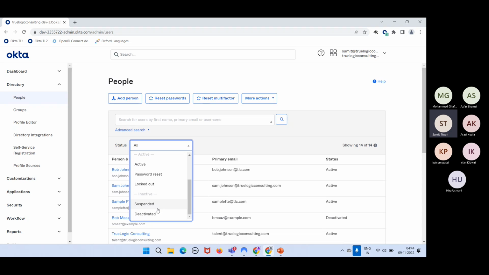Deactivation is, let's say you got an offer and you want to move from this company to another company and you no longer wish to return, or there is no agreement that you would be returning to the organization, then that leads to termination or deactivation of the account. So this is the only difference